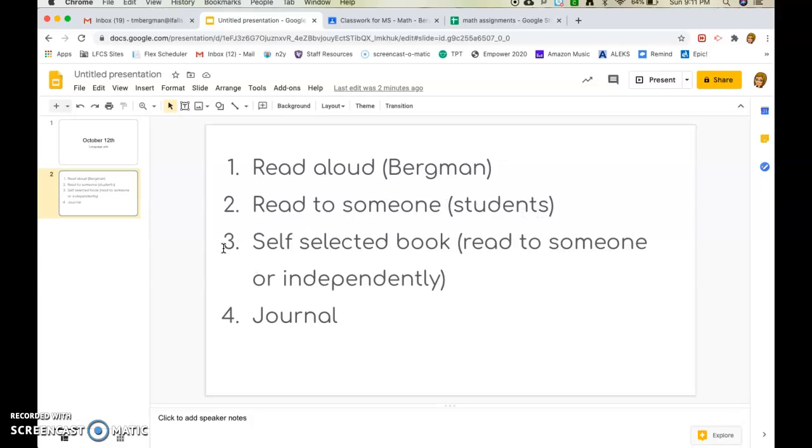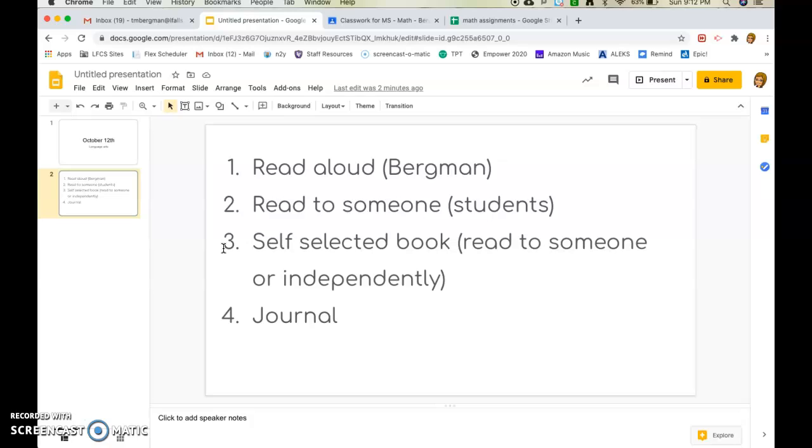After that, there are some books that are assigned already on Unique if you're using it online. I've assigned some choices for you. You're going to select one of those books to either read to somebody or read independently if you are at home or you're not connected to the internet. You can choose a book to read to someone.